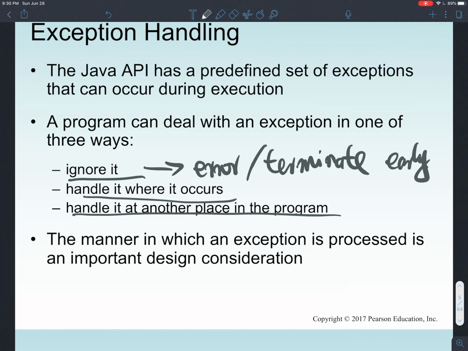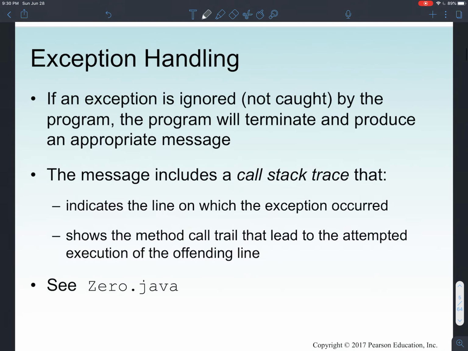And the most common way is just to handle it whenever it occurs, so that you don't have to delay the problem solving to other parts of the program. So in this lecture, we're going to focus on the second one, because the first one is basically nothing. So here, let's look at the first program where we should observe an